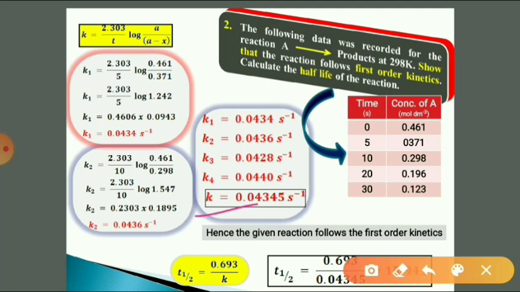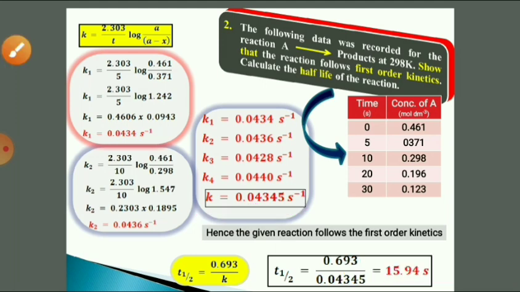Here we have taken the average of these four values, and we obtain the k value equal to 0.04345. Just put that k value in this equation, t half equal to 0.693 upon k. So after the ratio you will get 15.94 seconds, that is the half time of the above equation. So in this way we can solve the given problem. Here we have seen that by using the given data we can say whether the reaction follows the first order or second order,